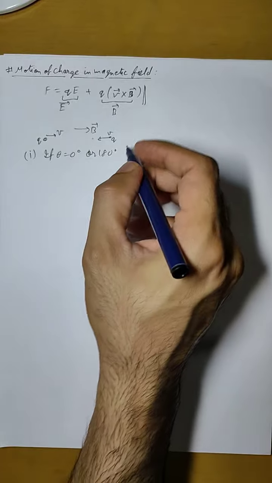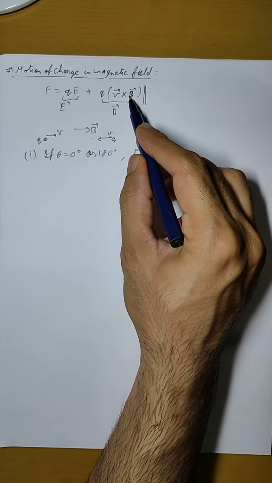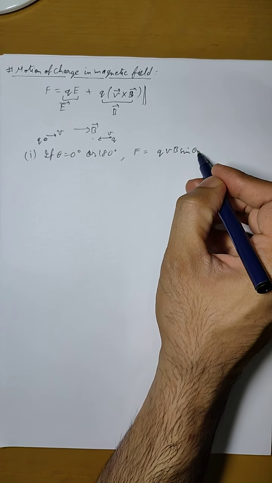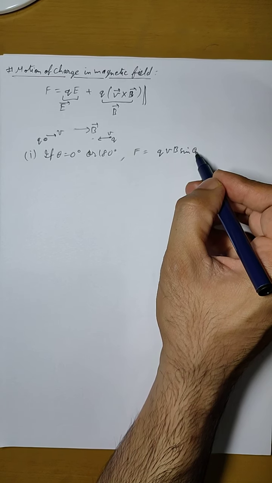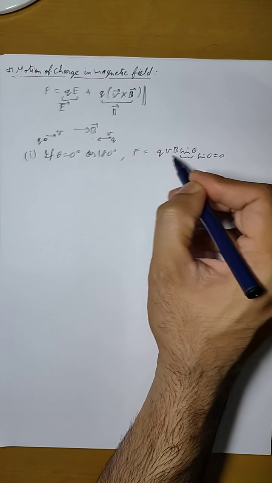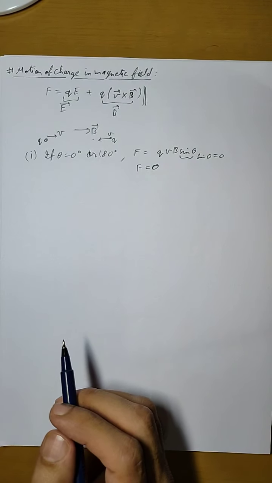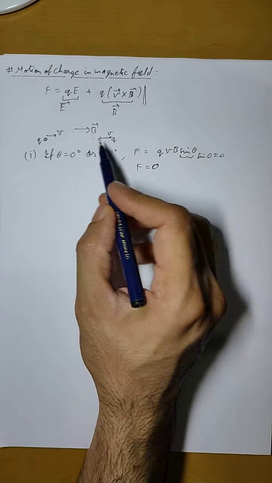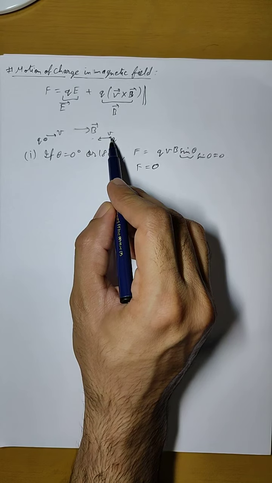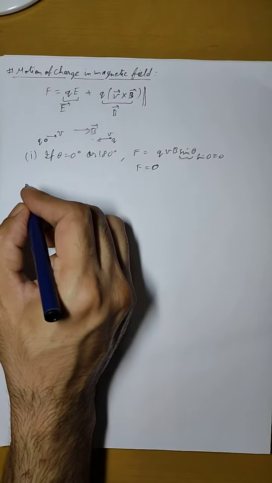In both the cases, the Lorentz force, given by q V × B, will be qVB sin theta. So it will be sin 0 degree or sin 180 degree. Now we know that both sin 0 and sin 180 degree are 0. So that means the Lorentz magnetic force on the charged particle will be 0. So in this case, if the charge enters along the direction of the magnetic field or anti-parallel to the direction of the magnetic field, then there will be no force applied on it.